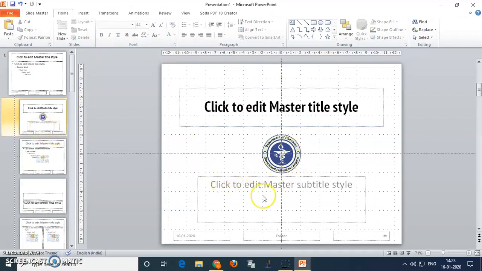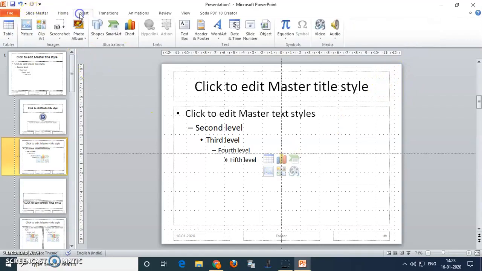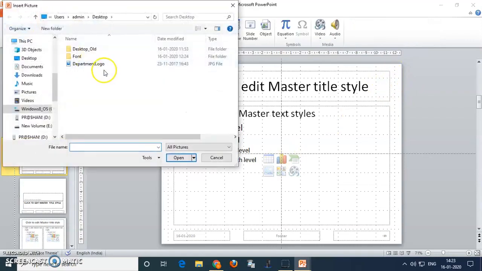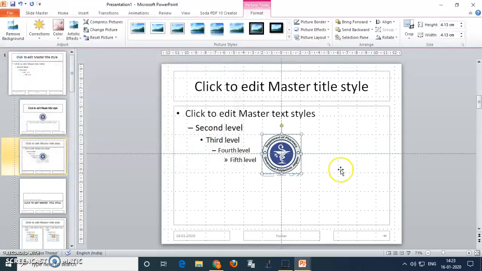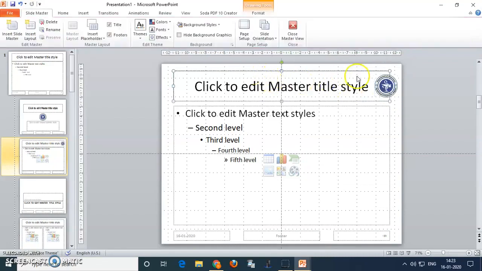Similarly, this is the title slide. Now if you want the logo of your department or college on every slide, you have to add it again with the similar procedure. The logo is here, so just drag and drop it at exactly the position, and make the size match the size of the text.